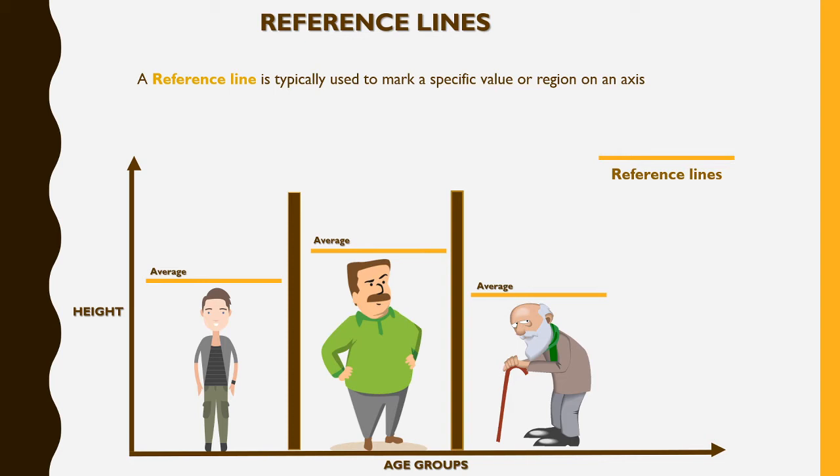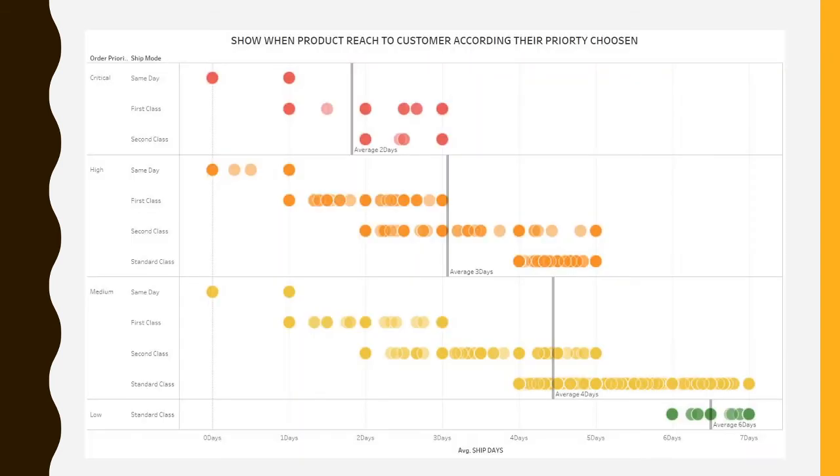Now we can implement this in Tableau also. So I have shown you this data. In this data you can see we have created a chart, and this is the global superstore data, where what we want to analyze is that whenever a person is buying any product through an online source, from an online website, while buying the product he is mentioning whether he requires that product in a critical time, requires it fast, with a higher priority or a lower priority.